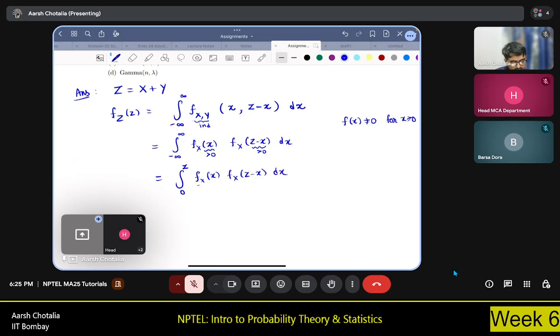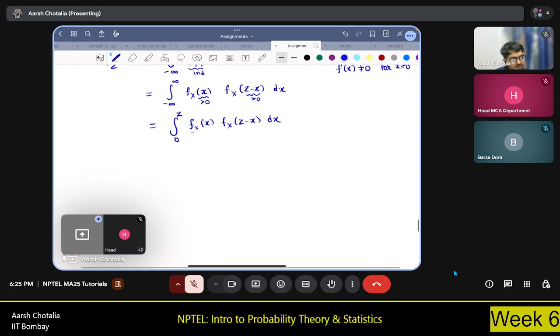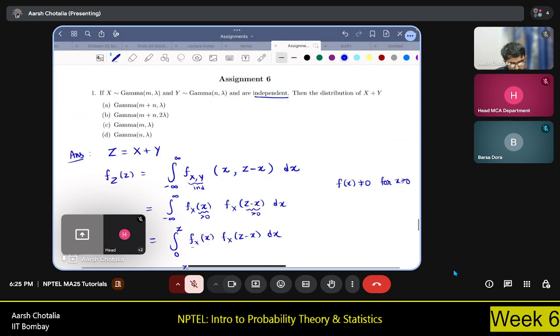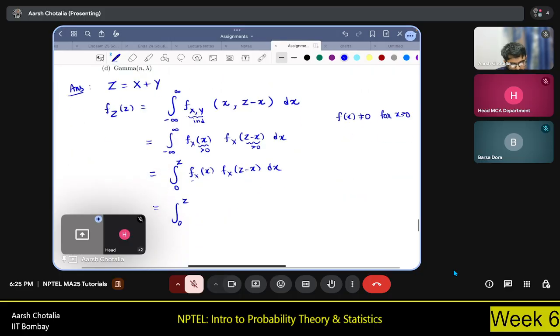And now we know that these are gamma distributed. So the formula for the gamma distribution is this. So X is gamma with m comma lambda. Sorry, this would be Y. Yeah. So the first one is